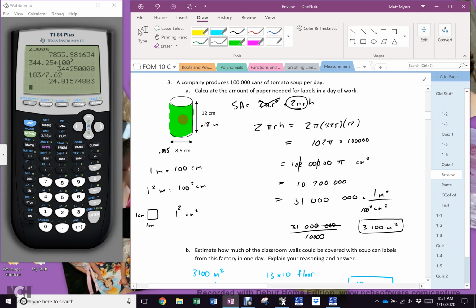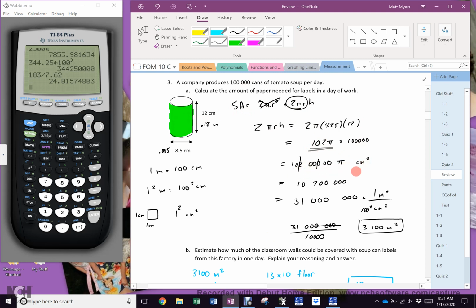The green part is where the label is on a soup can, yes? So we don't need the 2 pi r's in a cylinder, do we? Because the label's only on the side. It's just 2 pi rh. So it was 102 pi, but they make 100,000 cans a day. So it was